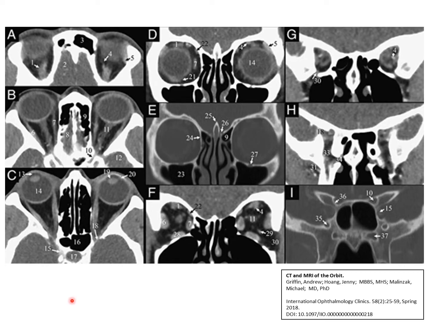The items have been labeled from 1 to 37. Now in this section we can see the combination of LPS and superior rectus muscle, which cannot be distinguished separately on a CT scan, and is labeled as item number 1. This is the frontal lobe of the brain, which is seen in the superior part of the section. This is the frontal sinus, item number 3, and being a contrast enhanced image, we can see these two structures